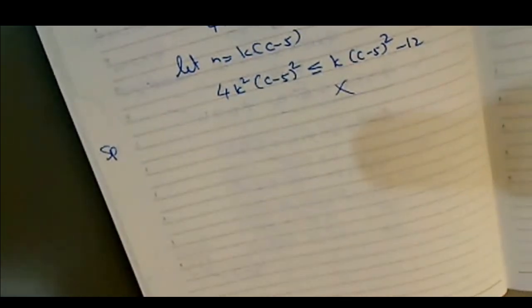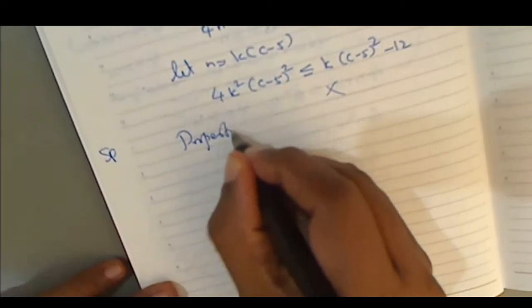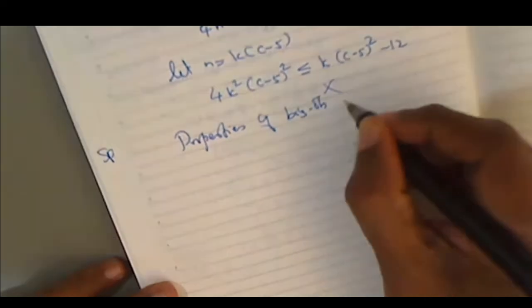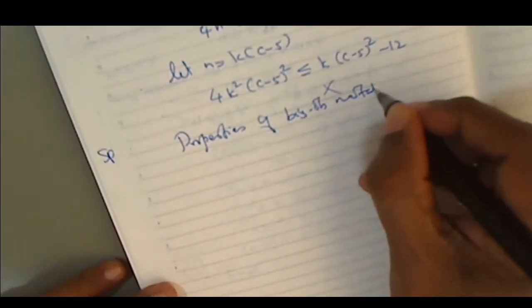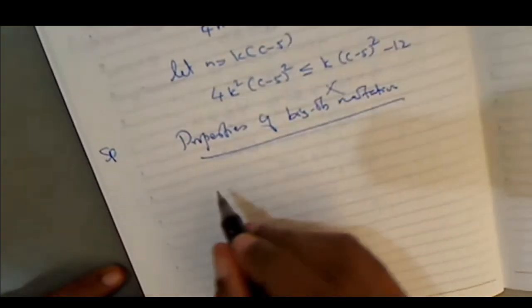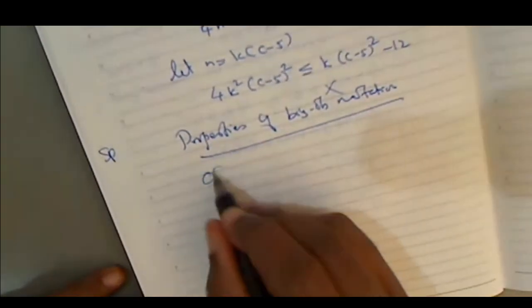Now we can see some properties. Properties of big O notation. The first property is if we take order of f of n,